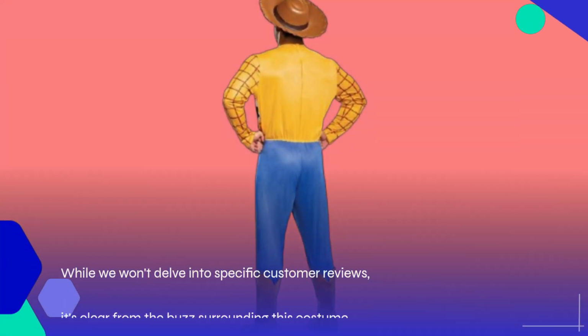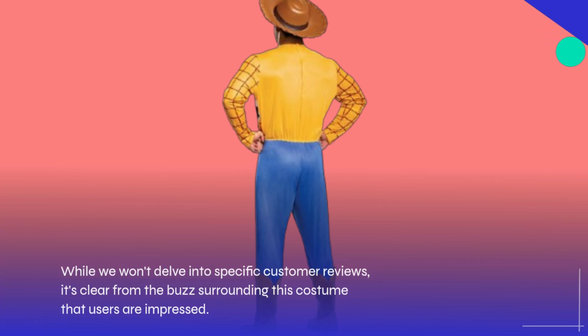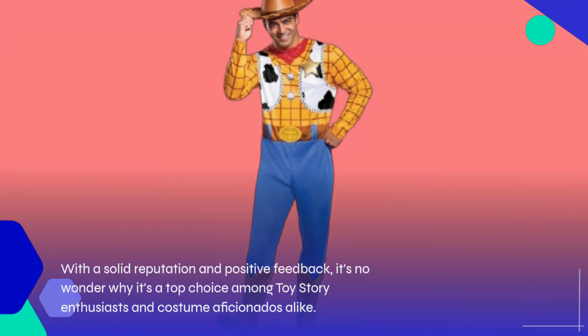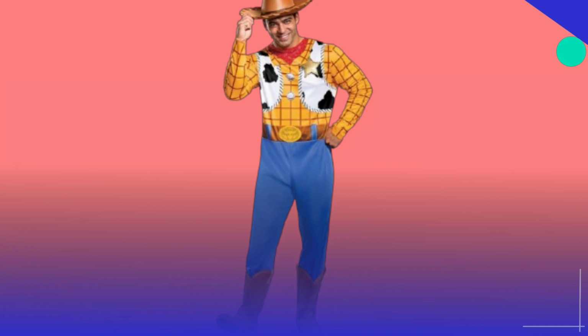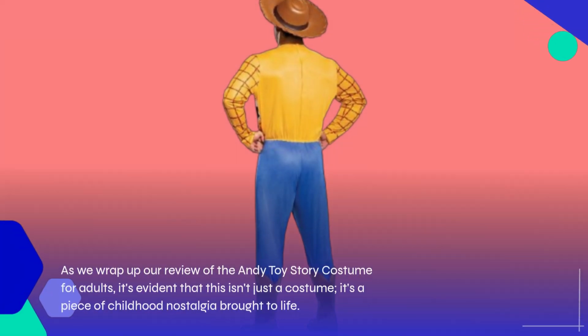While we won't delve into specific customer reviews, it's clear from the buzz surrounding this costume that users are impressed. With a solid reputation and positive feedback, it's no wonder why it's a top choice among Toy Story enthusiasts and costume aficionados alike. As we wrap up our review of the Andy Toy Story costume for adults, it's evident that